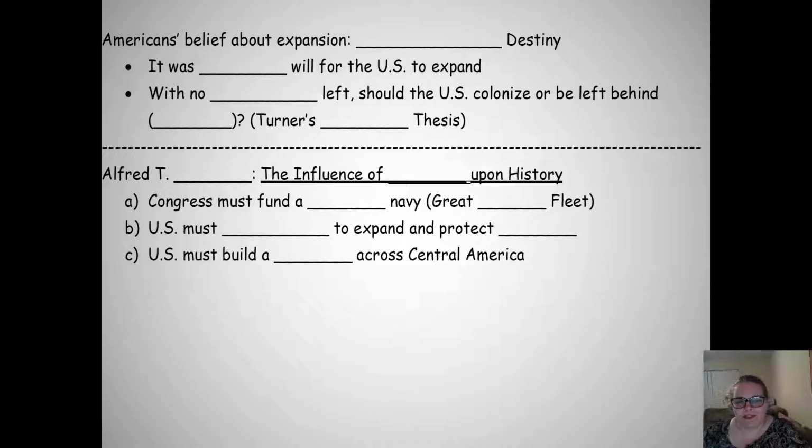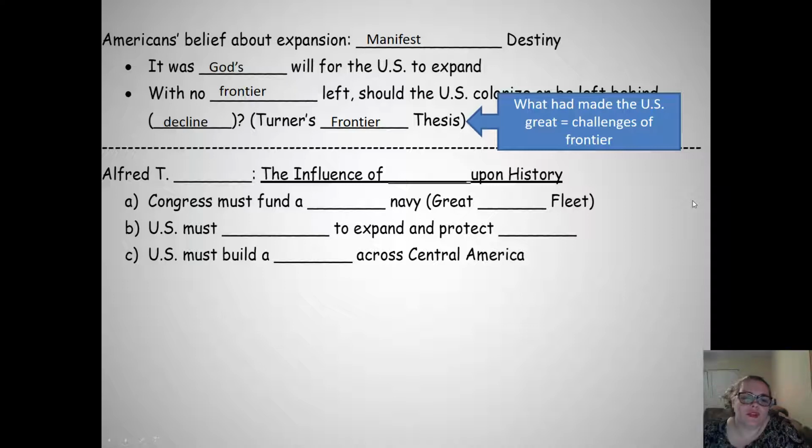The Americans' basic belief about expansion was manifest destiny. Okay? Manifest destiny said that it was God's will for the United States to expand. Okay? Now, one of the things you do need to know is a book called Turner's Frontier Thesis. Okay? Turner's Frontier Thesis was written by Frederick Jackson Turner, and it's actually got a big long name. Most historians just call it the Frontier Thesis. And in this, he says that what had made the United States so great so quickly was that the United States was